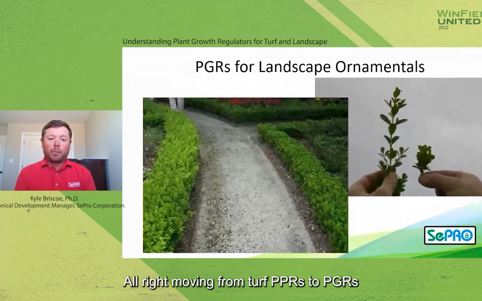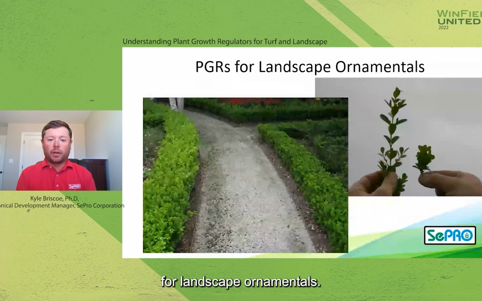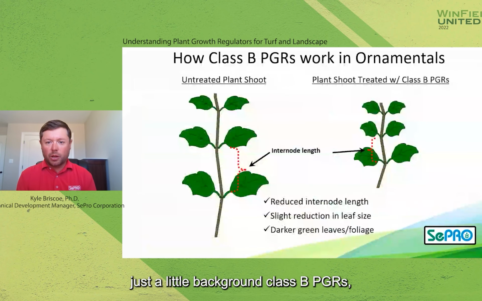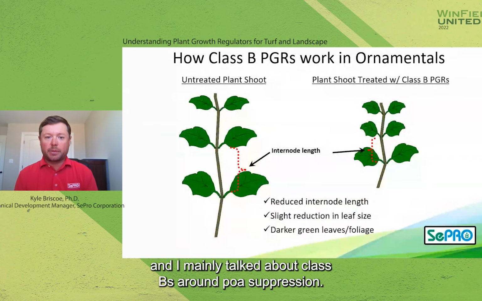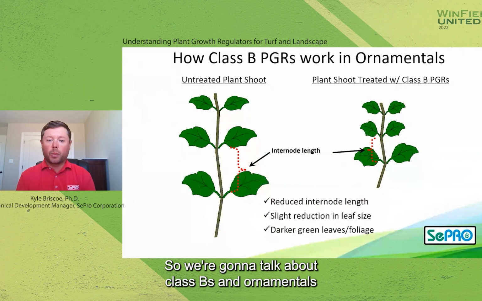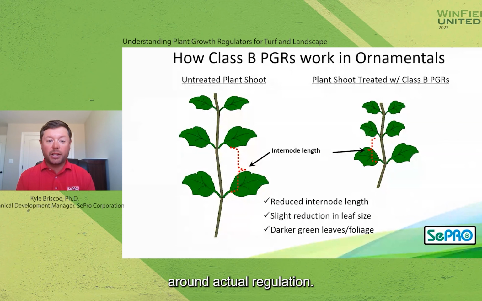All right, moving from turf PGRs to PGRs for landscape ornamentals. So again, just a little background. Class B PGRs, I talked about Class Bs in turf, and I mainly talked about Class Bs around Poa suppression. So we're going to talk about Class Bs in ornamentals around actual regulation. So what does this look like